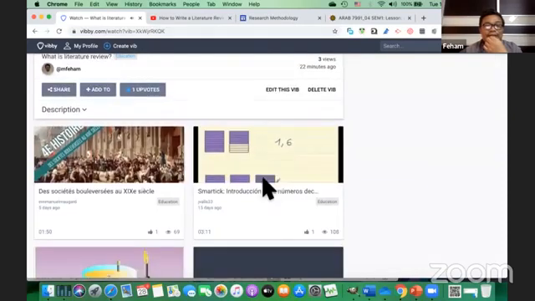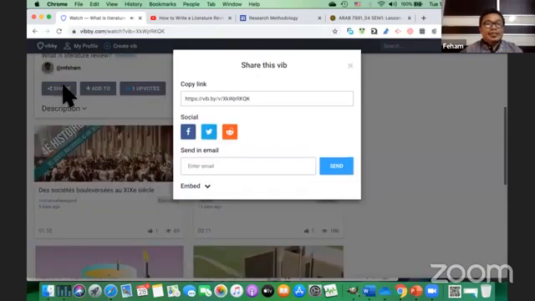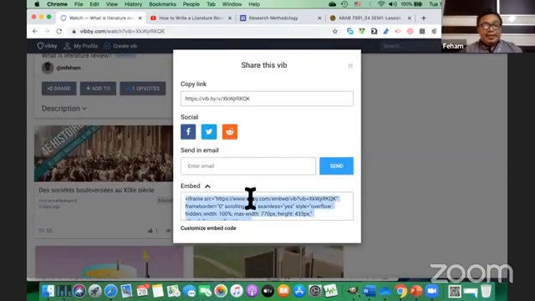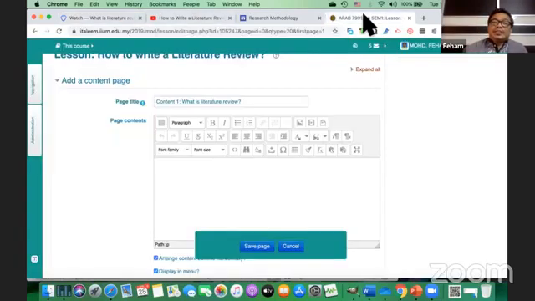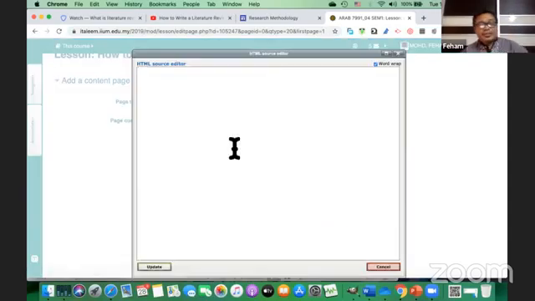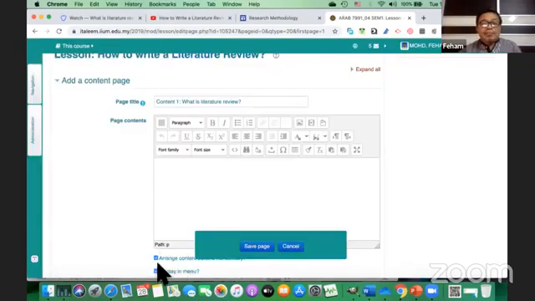In order to do share, you use embed rather than copying the link. Copy the embed code and then go to lesson. Here, in order to use embed, you have to click HTML source. Once you click HTML source, paste the link, update.